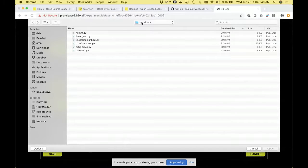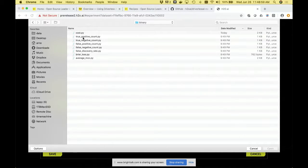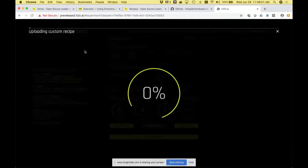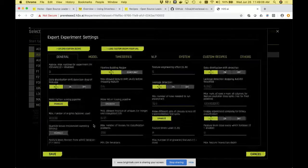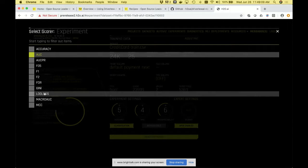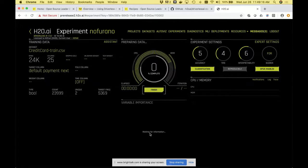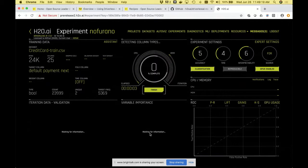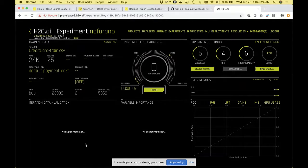Binary scorer. So I need to go to recipes, scorers, classification, binary, and I'll pick something like the false discovery rate I want to minimize for a given threshold. And now I can pick that. False discovery rate here. So I have false discovery rate, H2O GLM, and round. Everything is custom, nothing Driverless shipped out of the box, right? All brand new stuff. And now it will run an experiment using only this custom Python code,